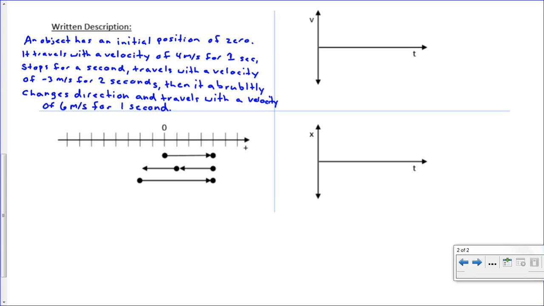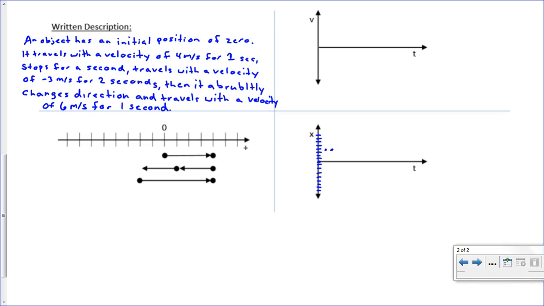And then going over here to the position versus time graph, again, you just mark it off. We'll do 1, 2, 3, 4, 5, 6, 7, 8, and 1, 2, 3, 4, 5, 6, 7, 8. And then we're going to mark the positions. At time 0, it's 0. At time 1, it's at 4 there. At time 2, it stays at 4. At time 3,